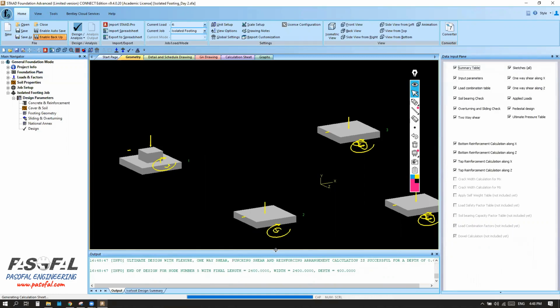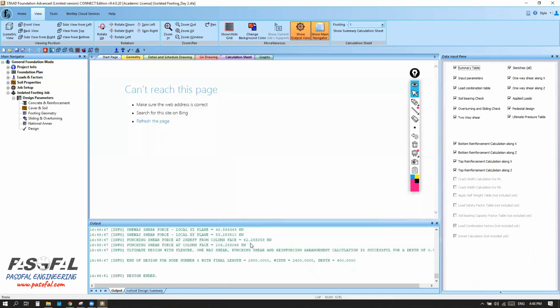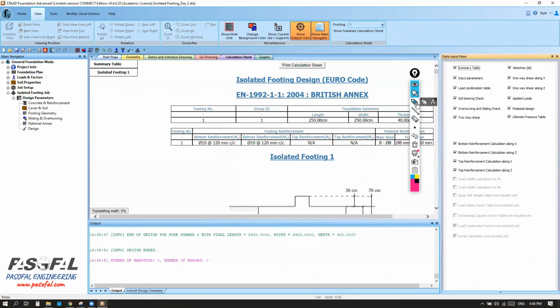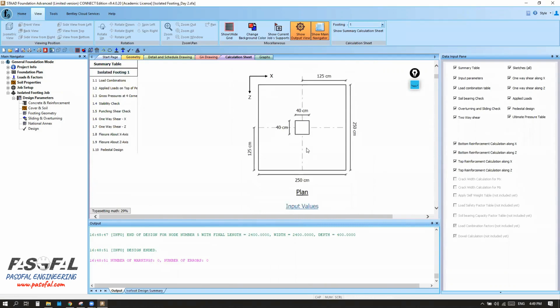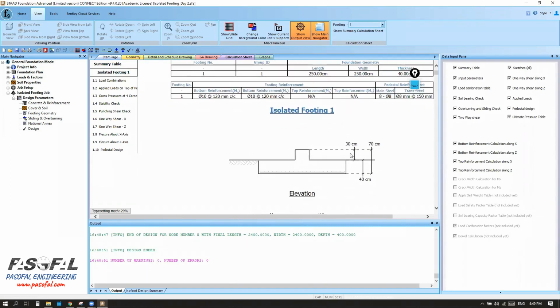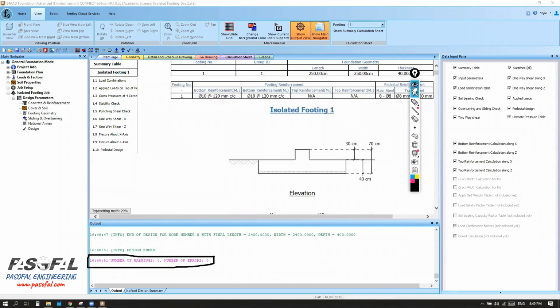Okay, so if I had any error, the software would show me the error. But right now, as you can see, we don't have any error. Everything is fine. Okay, and from here, I can go to foundation number 1. So as you could see here, we had the pedestal, and here I have the pedestal as